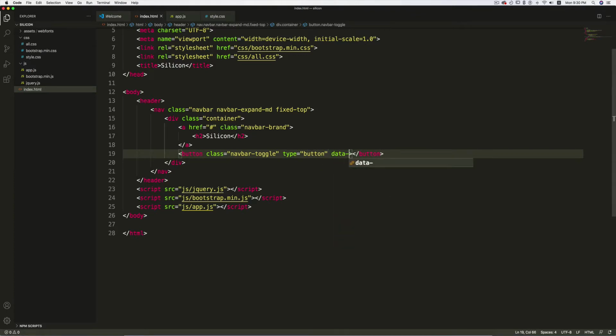These are also required by Bootstrap. So data-toggle equal collapse, data-target equal, here I'm going to specify an ID. So I'll write hash navbarBtn.